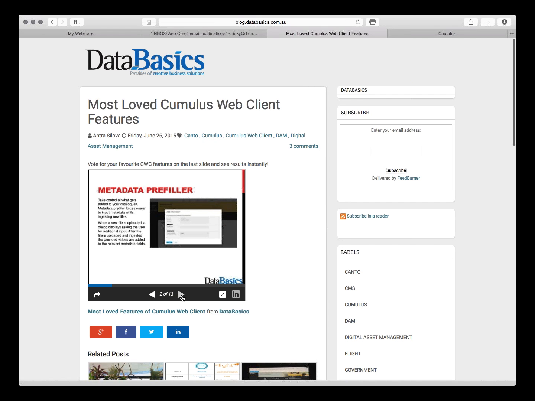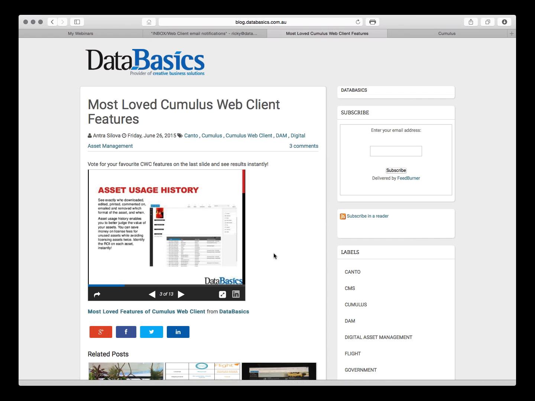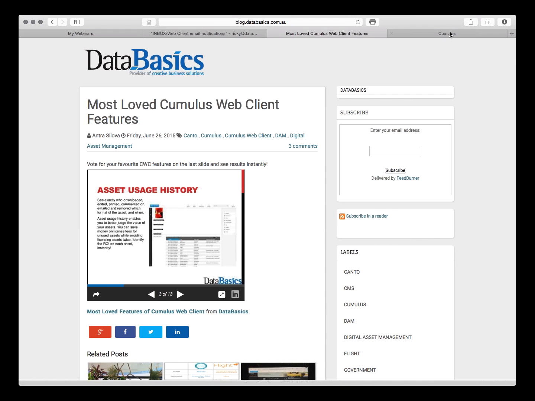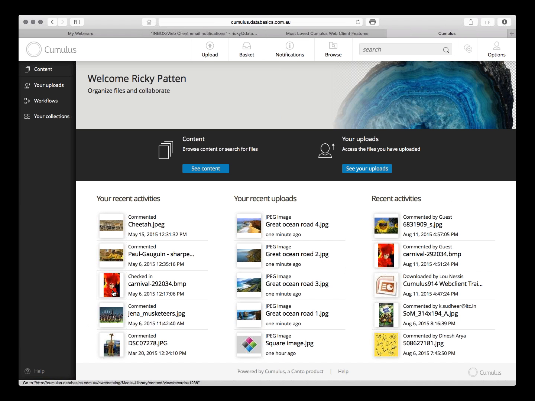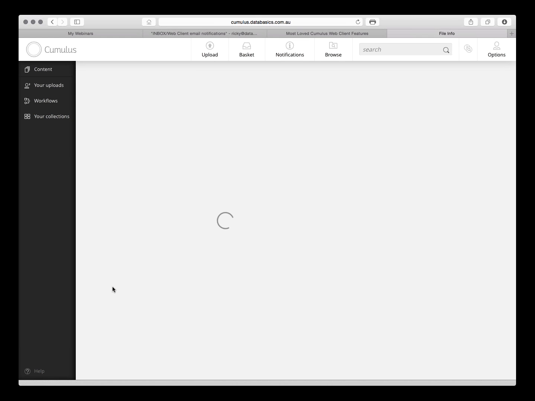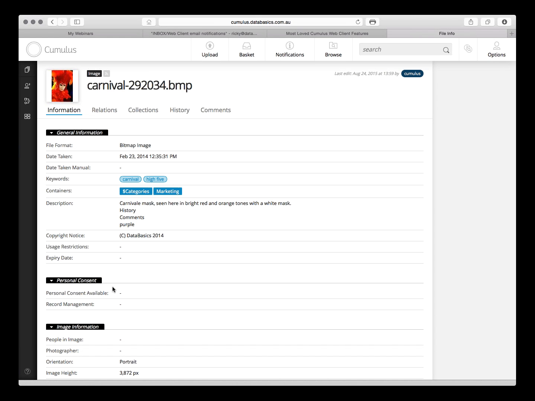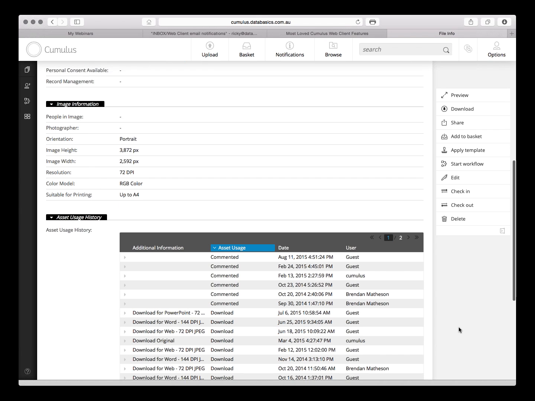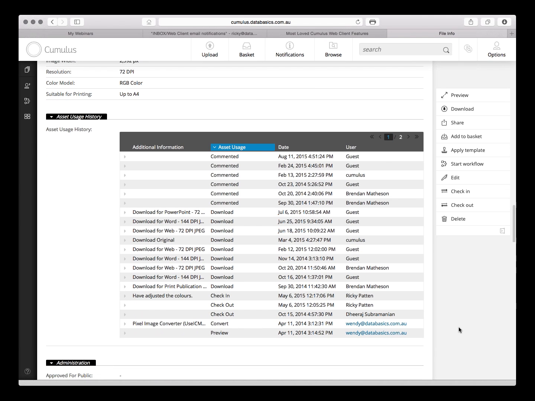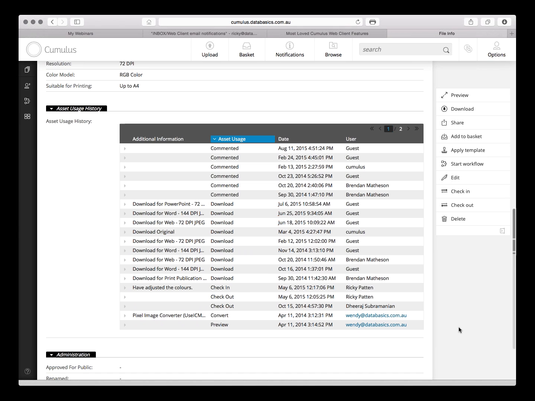Okay, so that's the first feature there. Next one, asset usage history. Now then, asset usage history would perhaps be one of my most loved features. And from my side of the fence, I'm the person that is often presenting the product to users. And so my love features are those that answer people's questions best. So you can see here for any asset, we can have this whole trail of information that shows the usage